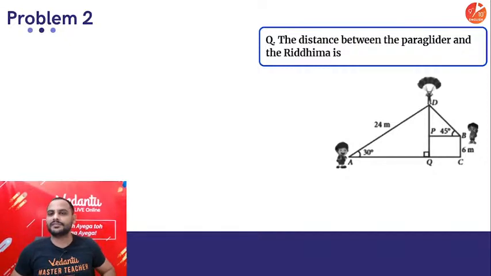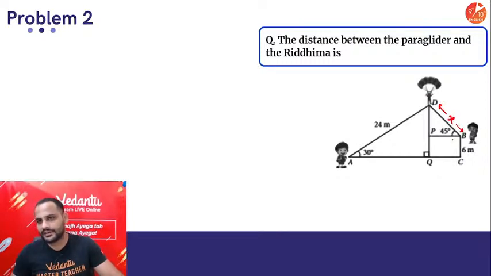Here, distance between the paraglider and Riddhima. अब देखो, paraglider and Riddhima distance, that means you want to find out this distance. Let's say it is x, angle is 45, and here you got this is equal to 6. So let's take triangle DPB. So in triangle